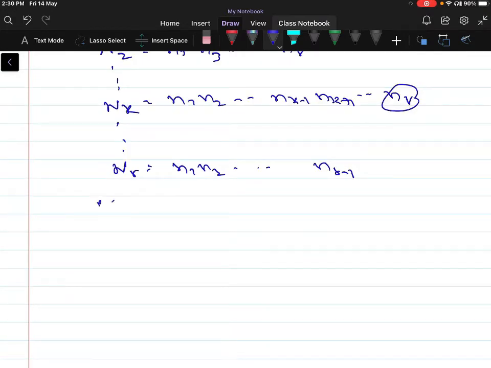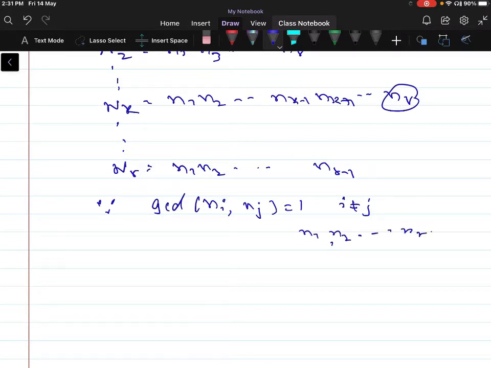Since GCD of ni comma nj is equal to 1 for i is not equal to j, from the statement of the theorem n1, n2 and so on nr are relatively prime numbers, therefore GCD of ni comma nj is equal